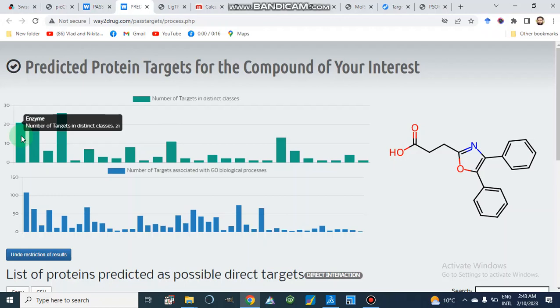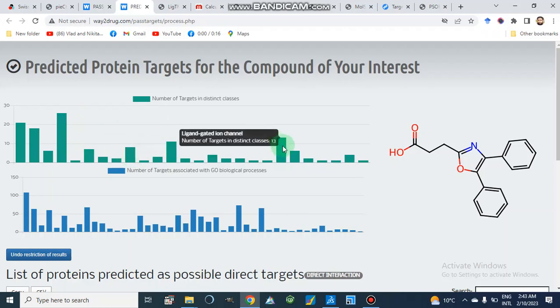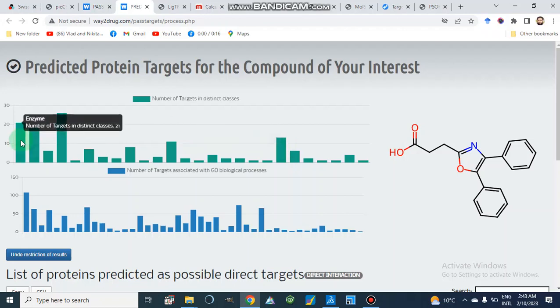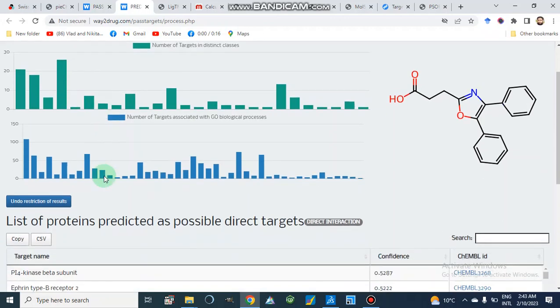The number of targets in distinct classes is 21, and then kinases, phosphatases, G protein coupled receptors, and then unclassified proteins are proteases, nuclear receptors, and ligand gated ion channels. So these are the classes which are also predicted by the Swiss target prediction tool. And if we look at here,